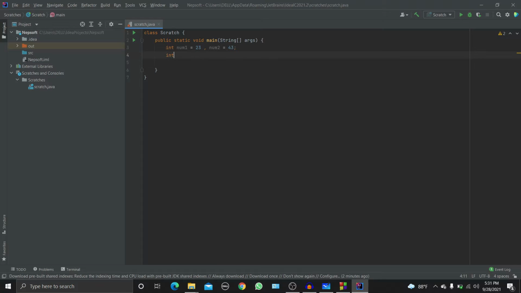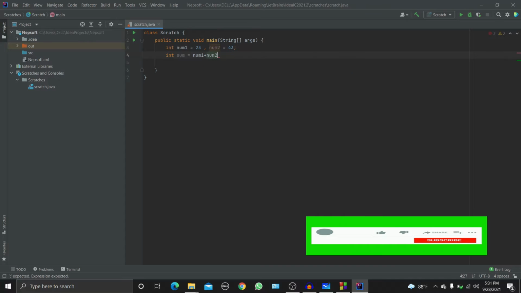Now I will declare a new variable, int sum, and I will name it as num1 plus num2, num1 plus num2, and this semicolon over here.